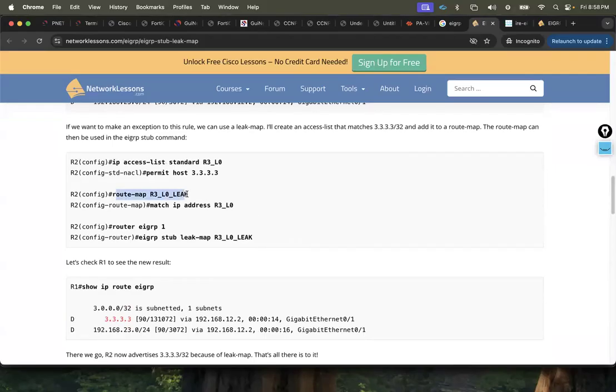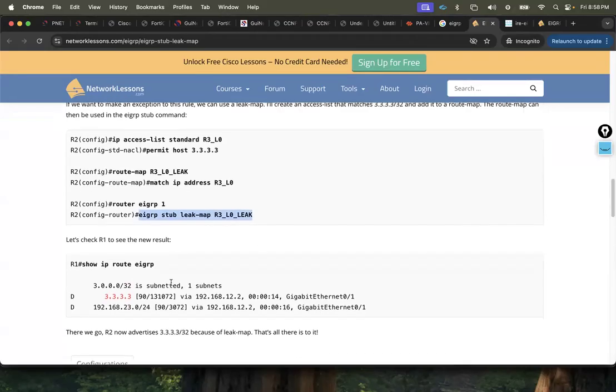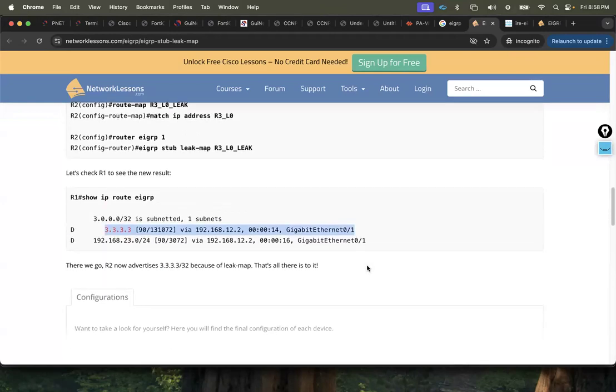So, route map this one. It's using the access list, that's fine. We are using the prefix list, right? Stub leak, right? This is going to be just a connected route. If the connected route is there, then it is going to only leak the connected subnet. But we are trying for the